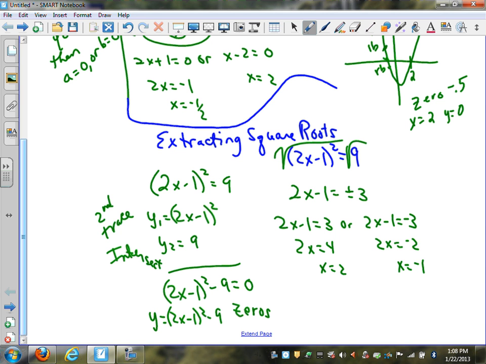One way is to set each one separately equal to y, find where they intersect, and you're looking at the x value of where they intersect. Did anybody try that? What does it say when it goes to intersect? Does it go left and right, or does it go